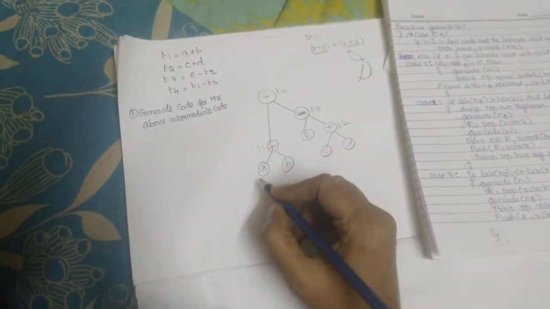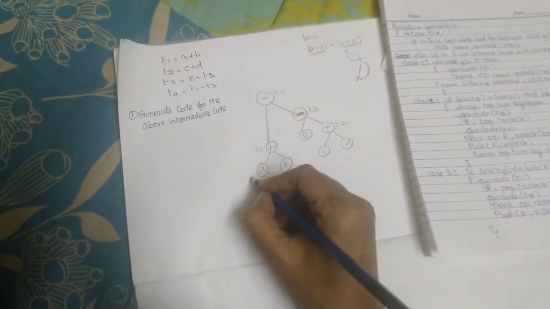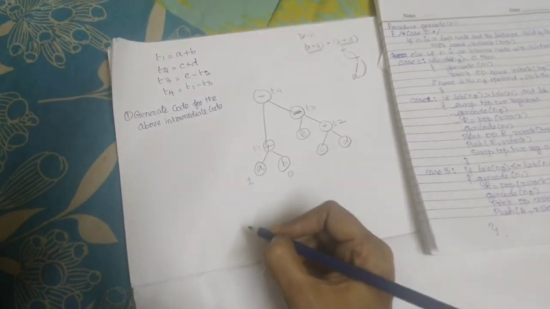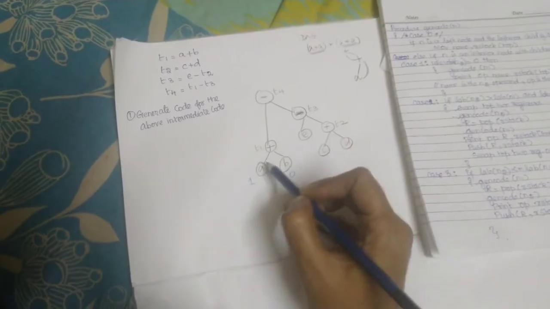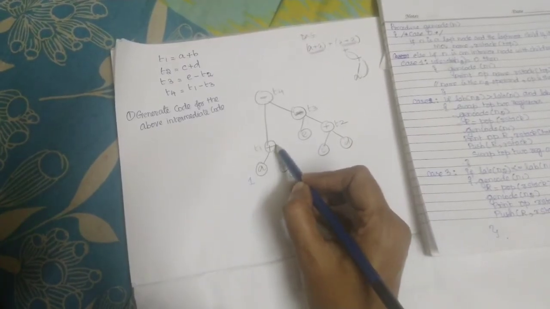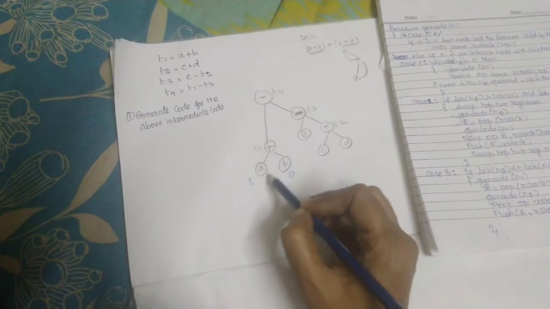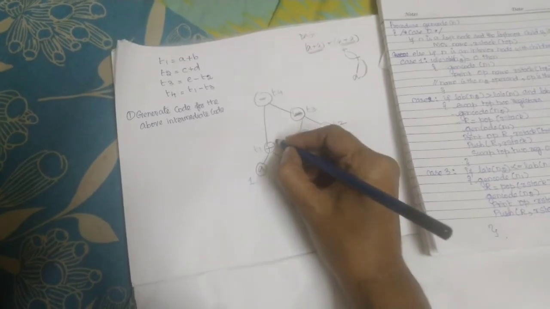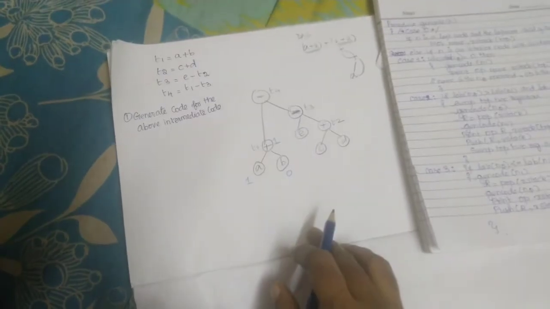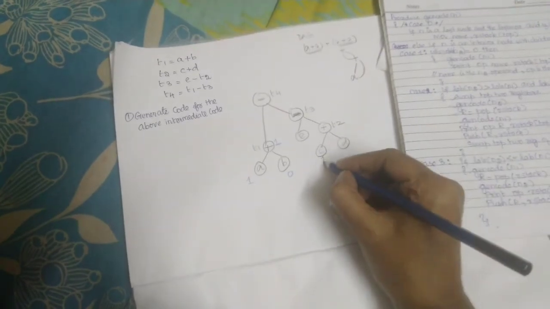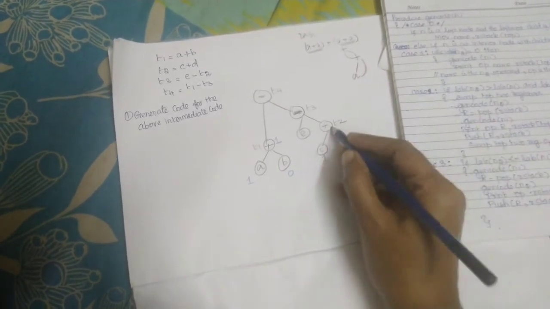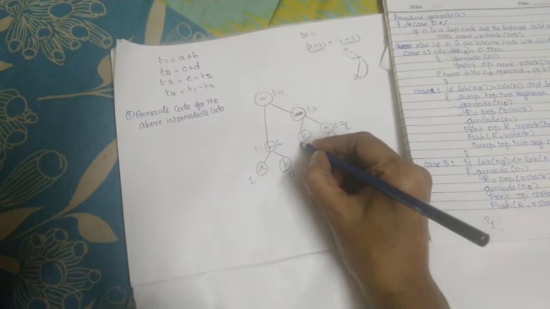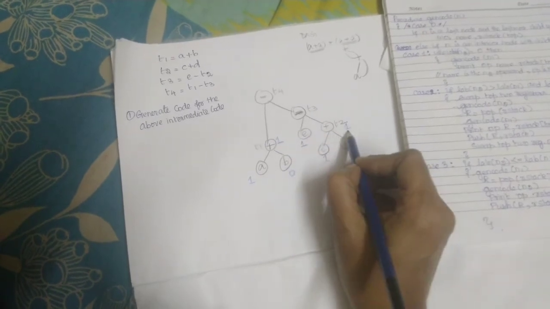Labeling the node is very easy. For the left child you always label it as 0, and for the right child you label it as 1. You have to label all the nodes. For the root node, whichever is the maximum, you label that maximum value to the root. Here it is 1 and 0, so 1 is the maximum, so this would be the label of the root. Here also 1 and 0, so again this would be the label of the root. For this case, this is 1, and the right child is also 1.